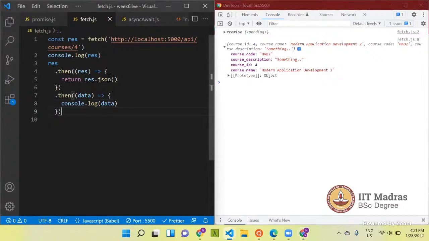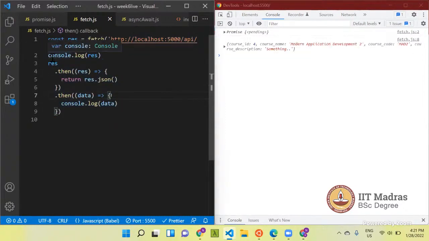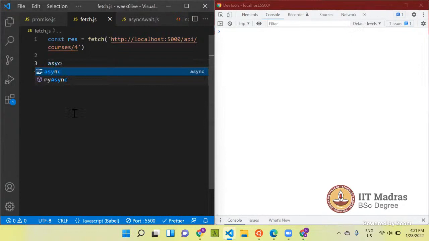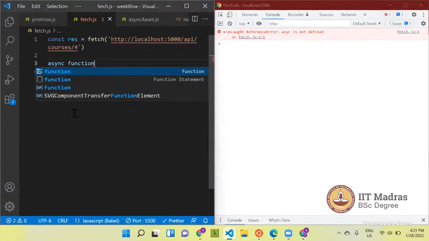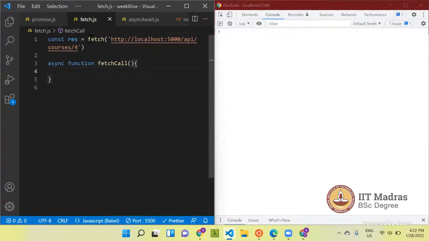So you can do all these things using async await also. I'll just remove this and I will use async await. I will write a function, a fetch call, and inside that, I will make a fetch request.